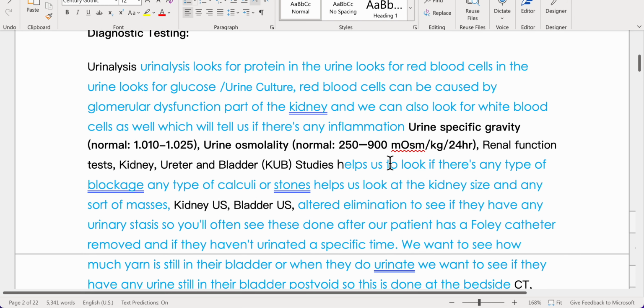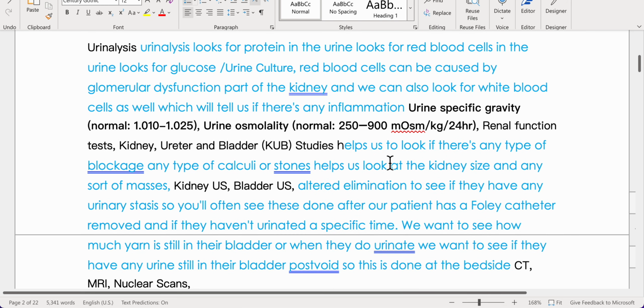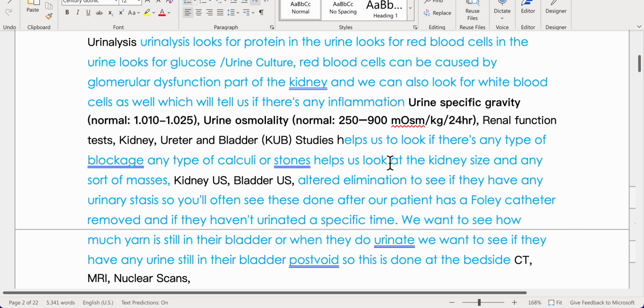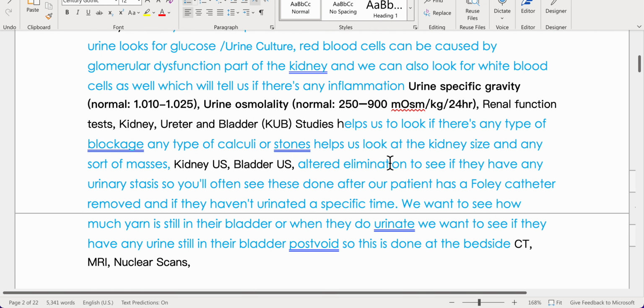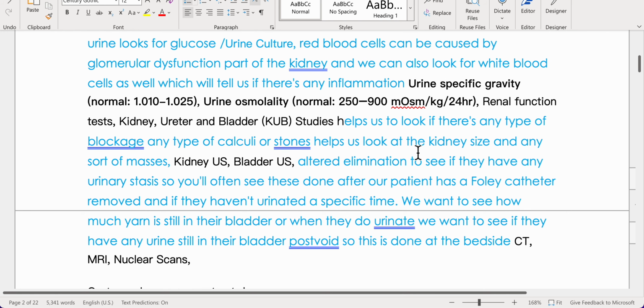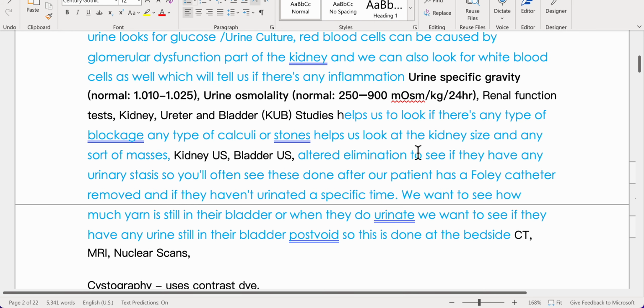Urinalysis looks for protein in the urine, red blood cells, glucose, and urine culture. Red blood cells can be caused by glomerular dysfunction, a part of the kidney, and we can also look for white blood cells, which will tell us if there's any inflammation. Urine specific gravity normal is 1.010 to 1.025. Urine osmolality normal is 250 to 900